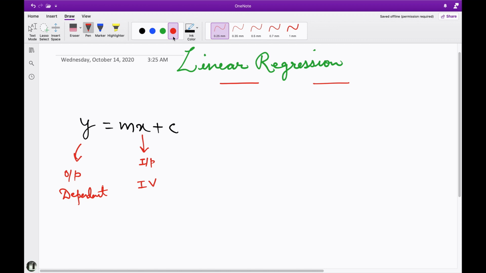And m here is nothing but the slope of any graph, and c here is the intercept point. So these are the four things we should always remember, and this slope and intercept are taken as coefficients of this equation because we optimize the slope and intercept in order to get this y. How accurately we can predict all depends on the slope and intercept. So we will discuss all these in detail in the coming session, or here in the same video if time permits.